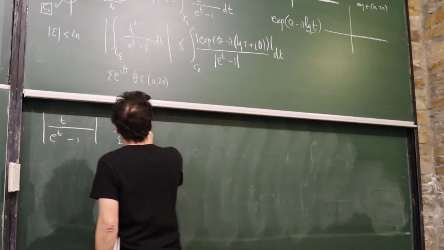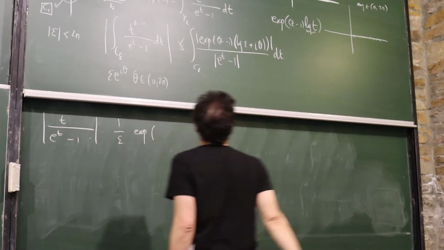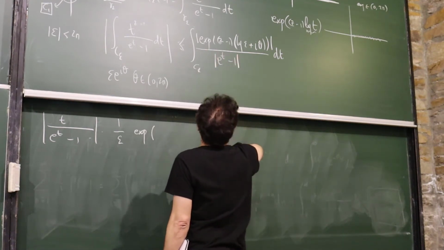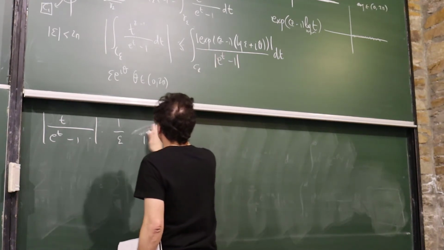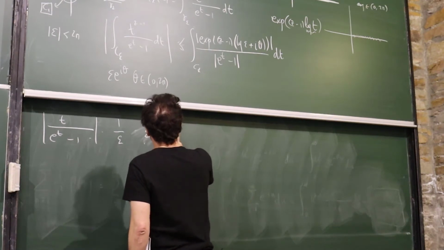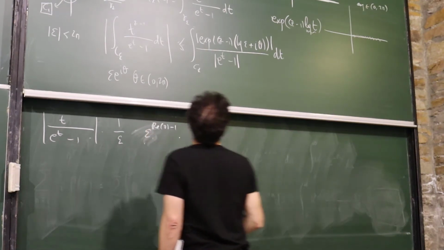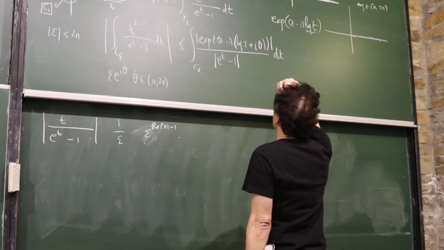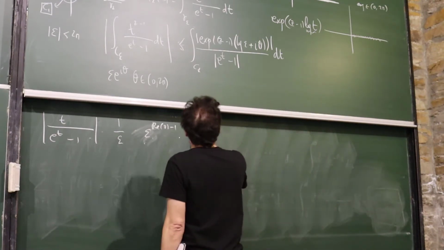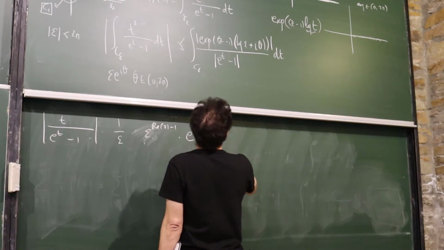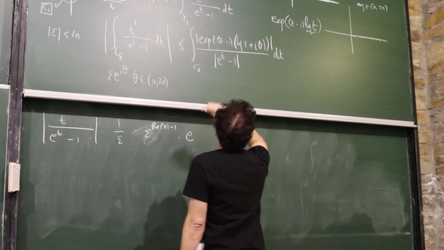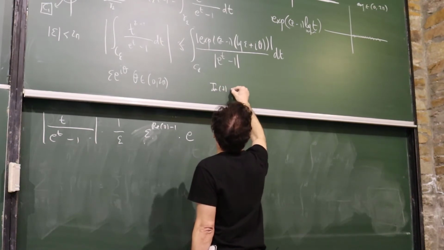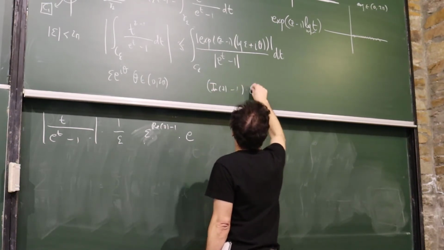The exponential of this real part would be the exponential of the real part of z minus 1 log of epsilon. So epsilon to the real part of z minus 1, times the imaginary part, which would be something exponential. Let's say the imaginary part here would be the imaginary part of z minus 1 times